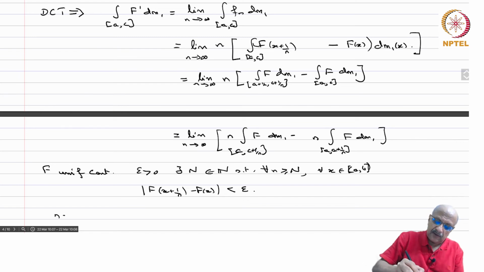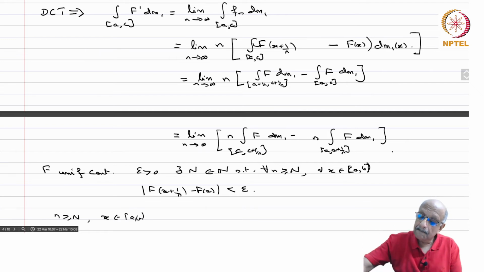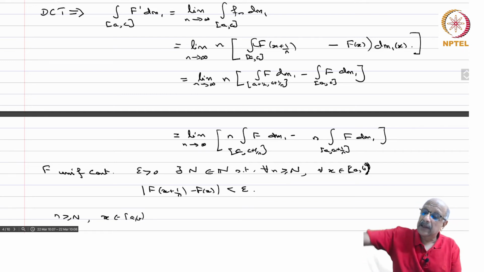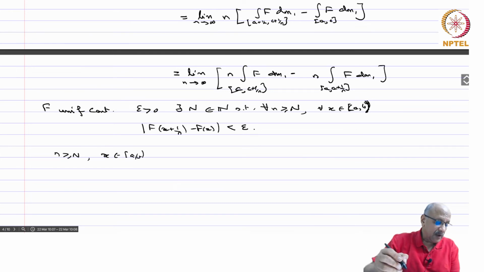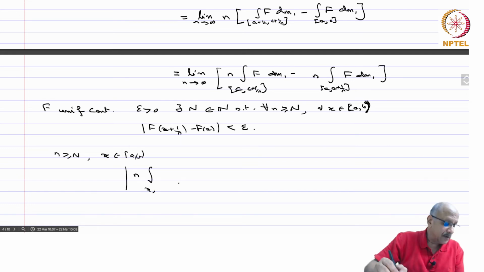So if n is greater or equal to N and x belongs to (a,b), I am putting open b because I am taking x plus 1 by n, so it has to be inside the interval. Okay, you have that